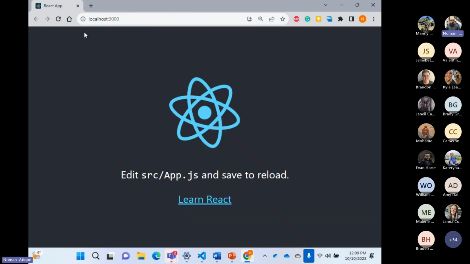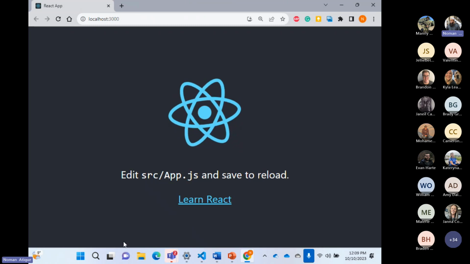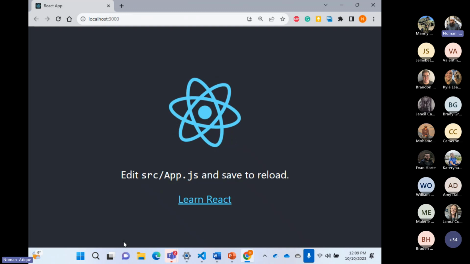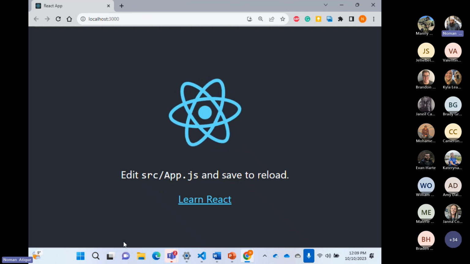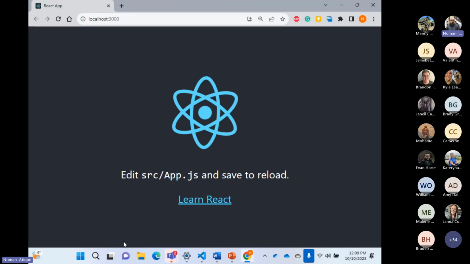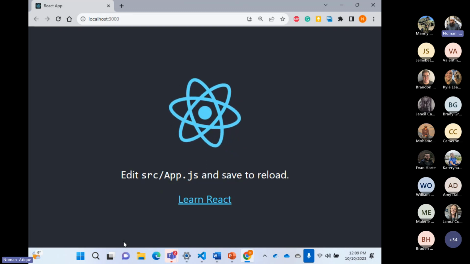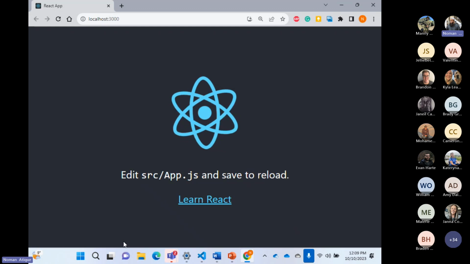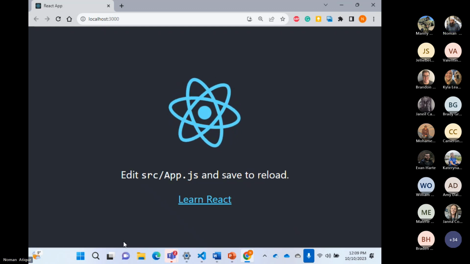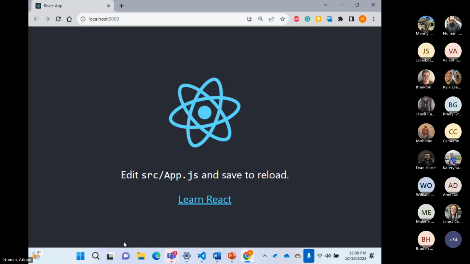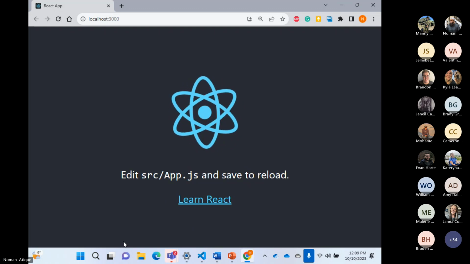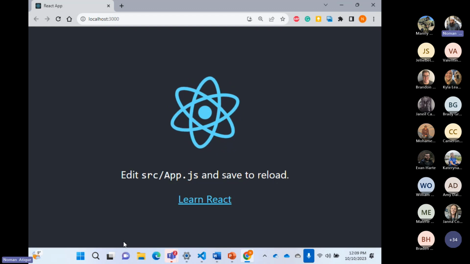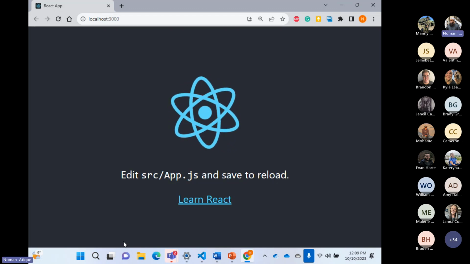I'm closing all those previous windows. You should see a spinning icon over here of this React. And by the way, good news is that we have all run our first React project successfully. If you see this screen, we have run our first React project successfully. Wonderful. Angelica got that. How many of you see this screen running?